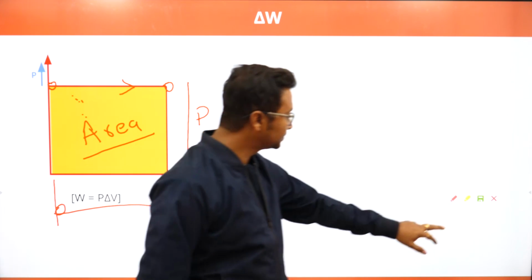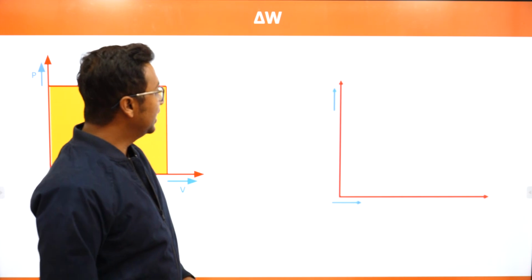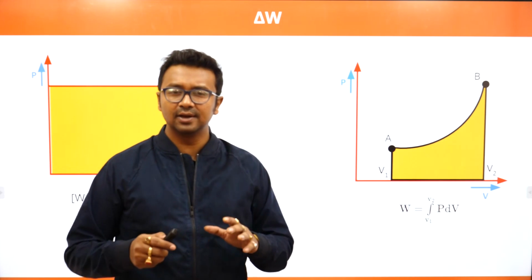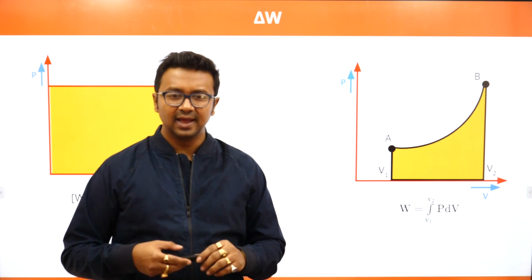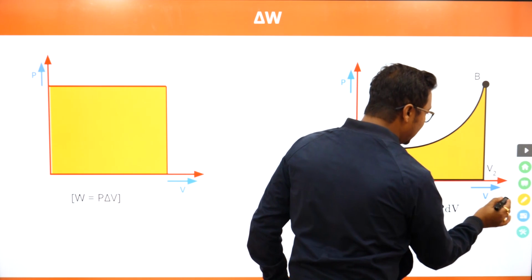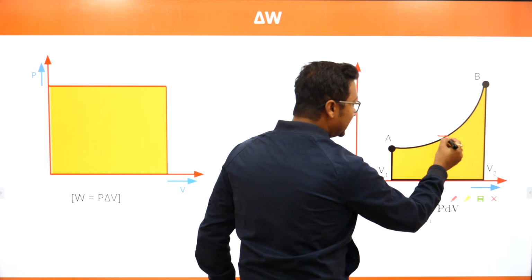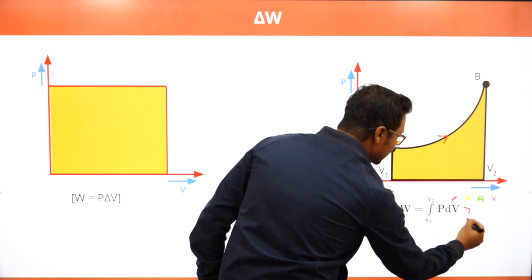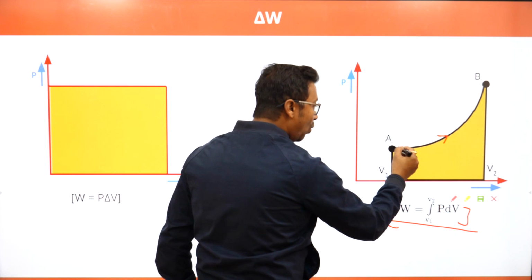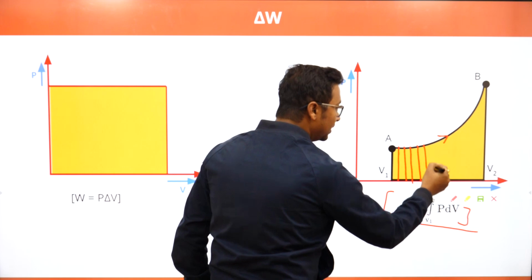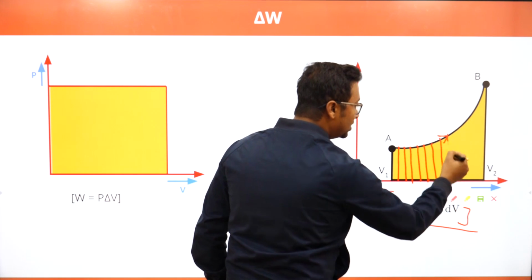However, let's say we have a different case in which the pressure is not constant over the entire process. Then what do we do in that case? Let's say it goes from state A to state B. So in this particular case, my dear students, we use the concept of integration. We divide the zone into smaller strips, and we find out the total area